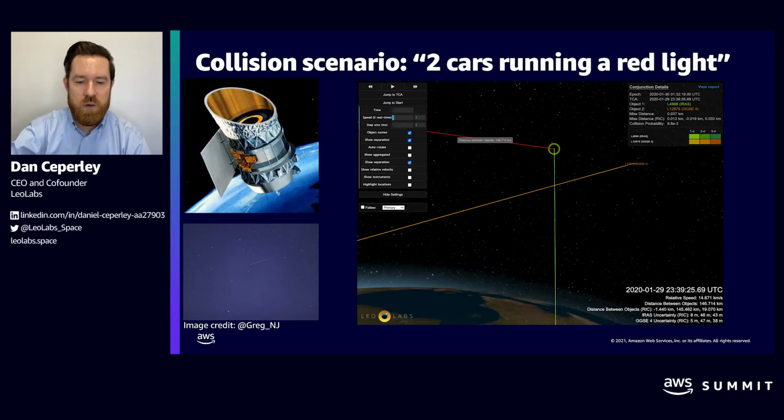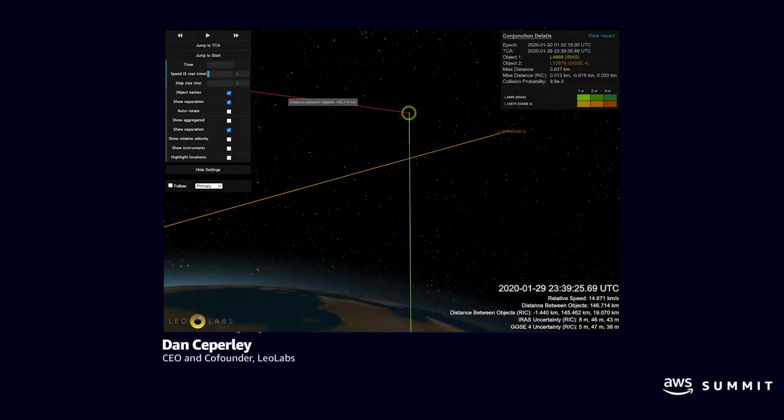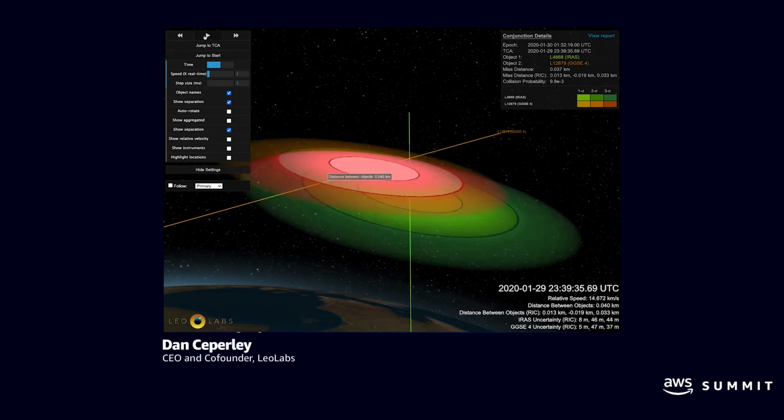When you look at the lower right here, you're going to see a movie that was created by our system as it monitored this conjunction. This particular movie shows the two objects as they approached one another and then flew past one another. And I'm happy to report that in this case, it was a miss. We didn't have a collision. In this particular movie, you see, and there they went, the two objects just passed one another. The green line and the orange line are the paths that the two objects are on.